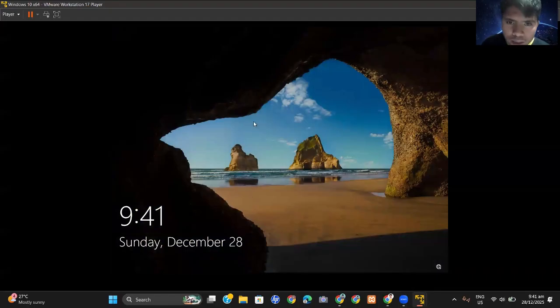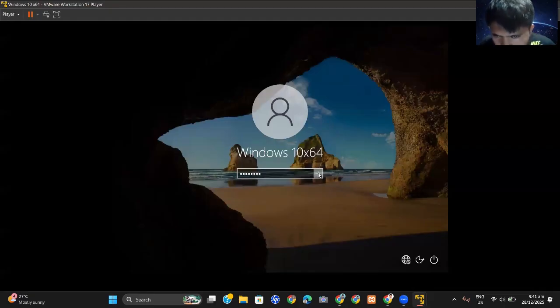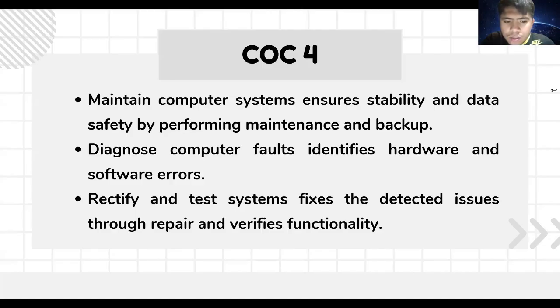So wait for a moment, then it is successfully applied, and we go back to the work group part. And that is for COC3.